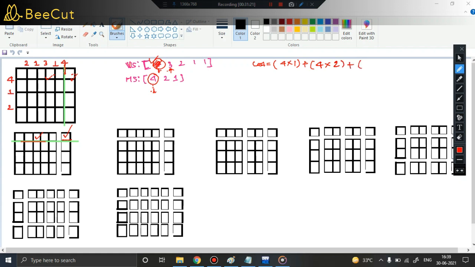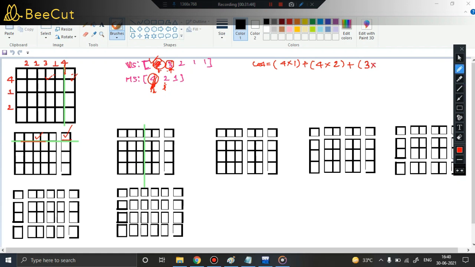Plus. Now I will increment this one, again comparing I with J. Which one of them is smaller, greater? 3 is greater. So again you are going to perform a vertical cut, on this particular block. Basically this is the vertical edge I am going to pick, so I will perform a cut along this.